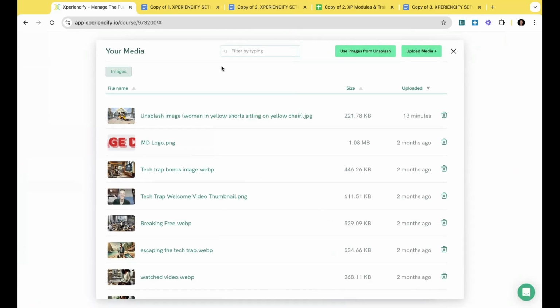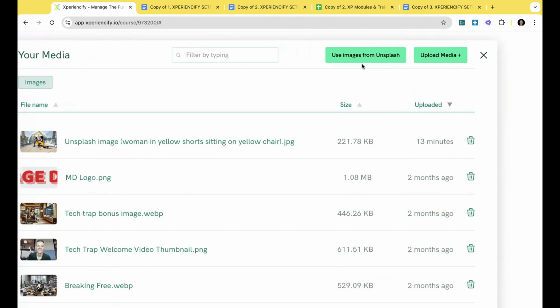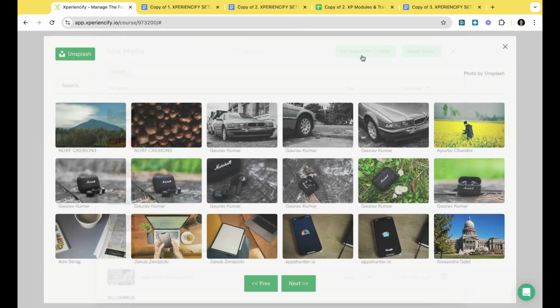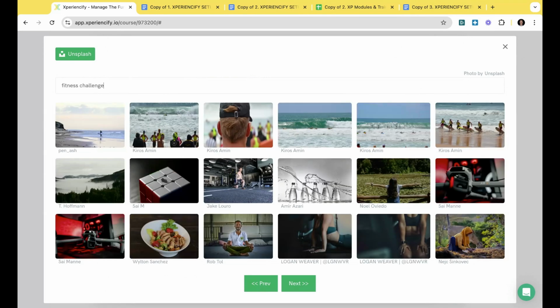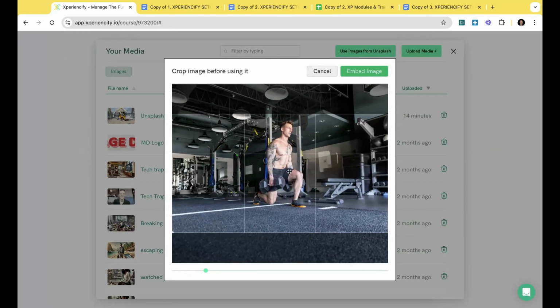And if you don't have an image, again, you can come up here and say, use images from Unsplash. Unsplash allows you to then, let's just call it, fitness challenge. Let's just see if there's something. Oh, look at that. We'll put this person in here.